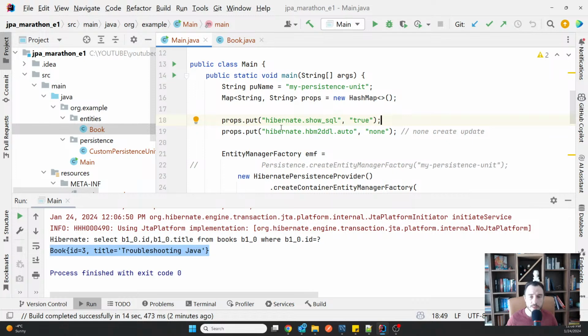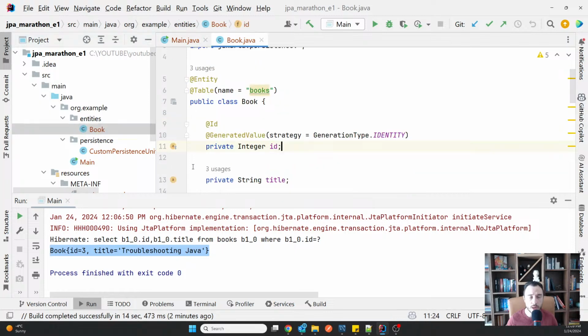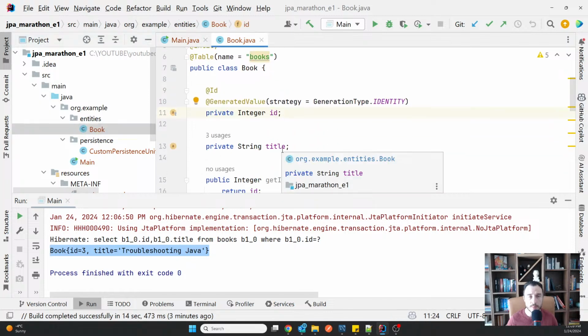But for examples and tutorials, you can save some time, and if you only want to focus on the entities themselves, then you can simply use this Hibernate hbm2ddl property to create or update the tables, or the already existing tables, based on the way you have created or updated your entities here.